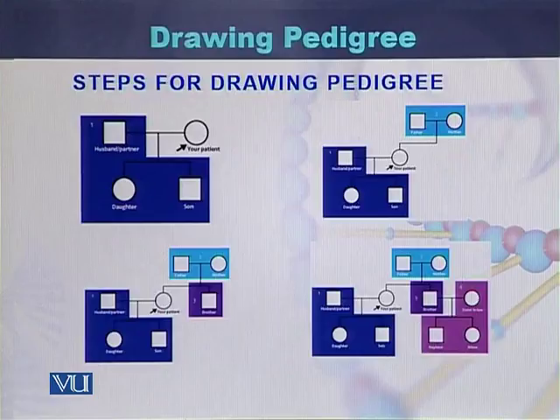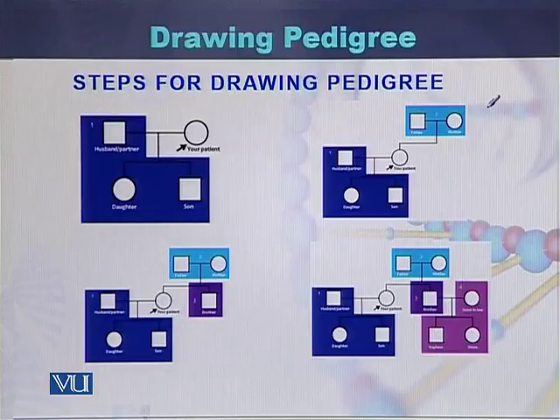Here we will draw a pedigree, to show how a pedigree is drawn to understand the pattern of inheritance of a genetic disease. Here we can see that this is a male, this is a female, and they have a marriage and they have 2 children. One is daughter, and this is son. During the next step, it will be